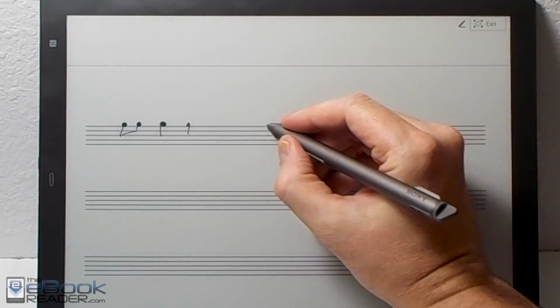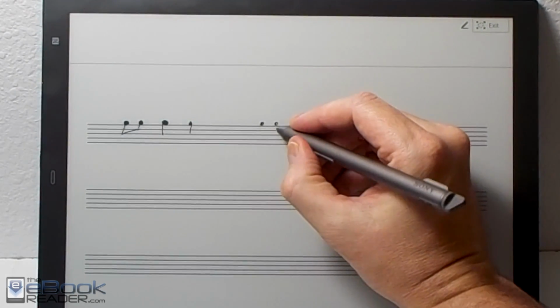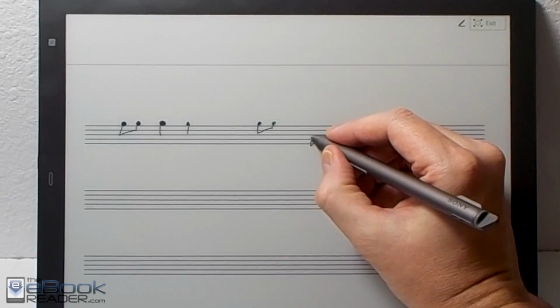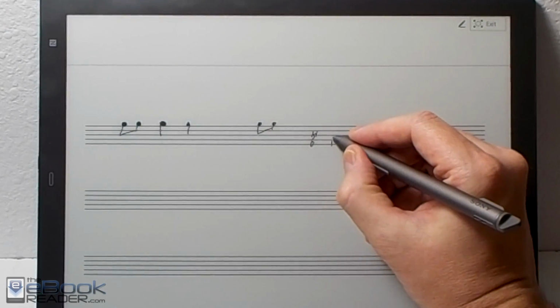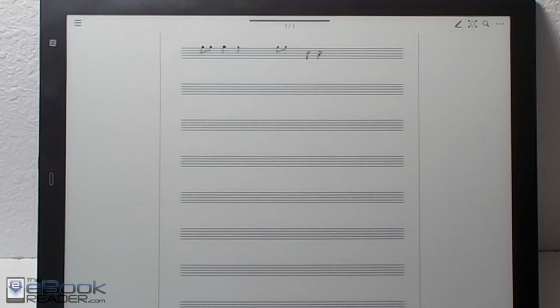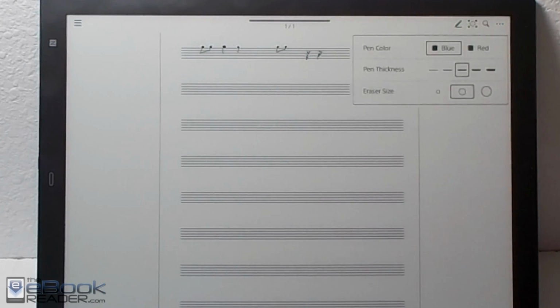So if you wanted to go into the settings, you can change the size of this to be thicker, but then the lines are kind of thicker, so you've got to balance it. But you can do it this way. If you wanted to write numbers as well, if I was writing tablature, you could do that as well. And then you can zoom back out, and it retains that size of what you zoomed